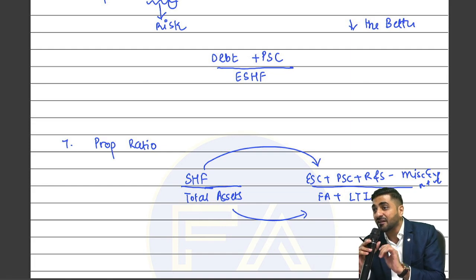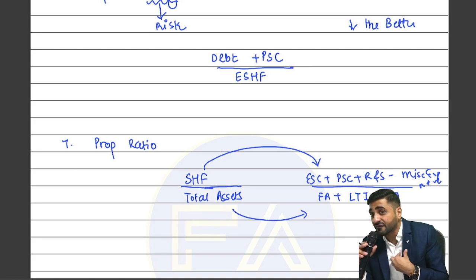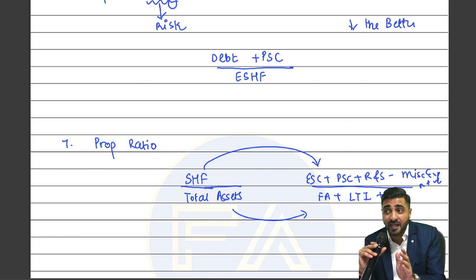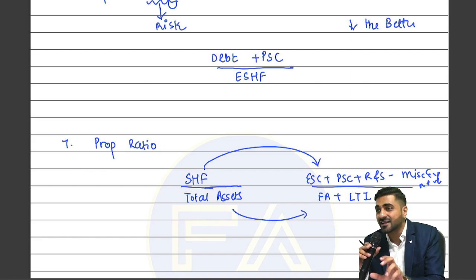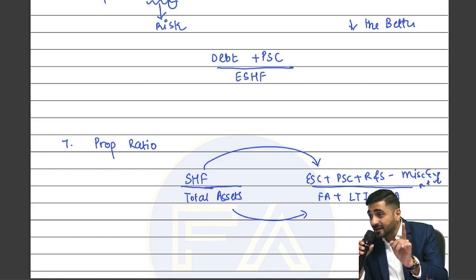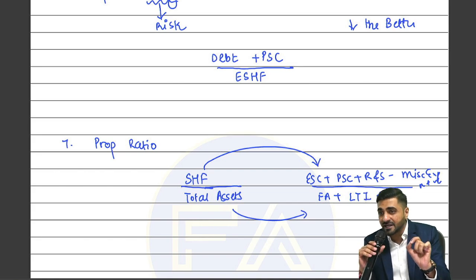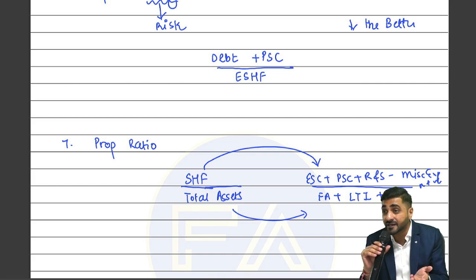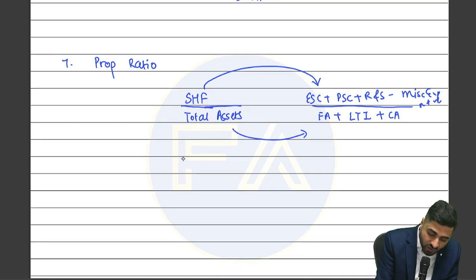Why is it a good thing? Because if more of your own funds are involved, then debt is less, and the consequence is that if sometimes there is a recession cycle, still no one will touch your assets. Your asset still belongs to you. So if this ratio is higher, it indicates long-term stability. This ratio should always be higher the better.